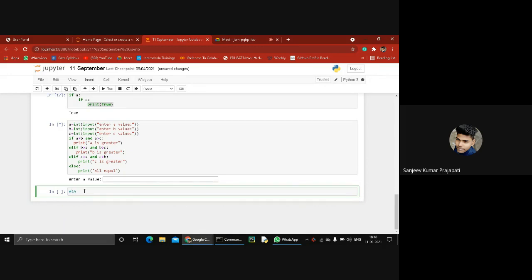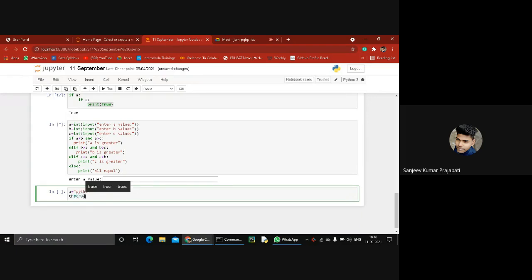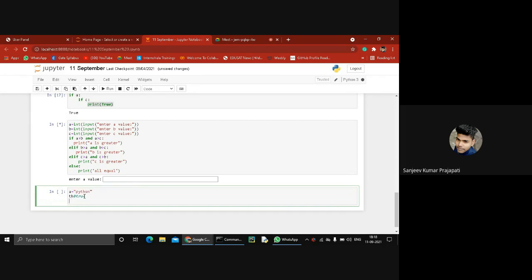When th is available in this string, then it returns true. When th is not present in your entire string, then it returns false. For example, a equal to Python. If the th element is available in my entire string, then it returns true. Otherwise, it returns false. The question is clear?